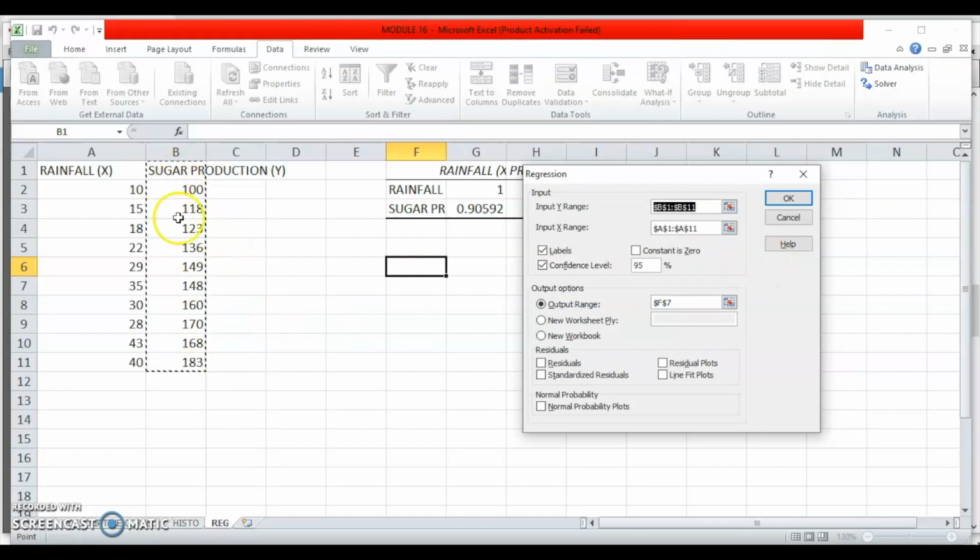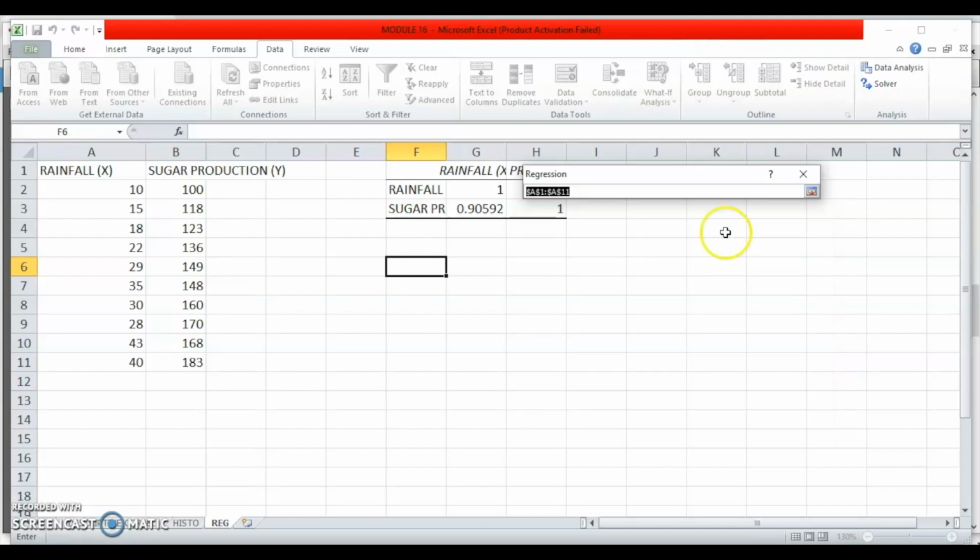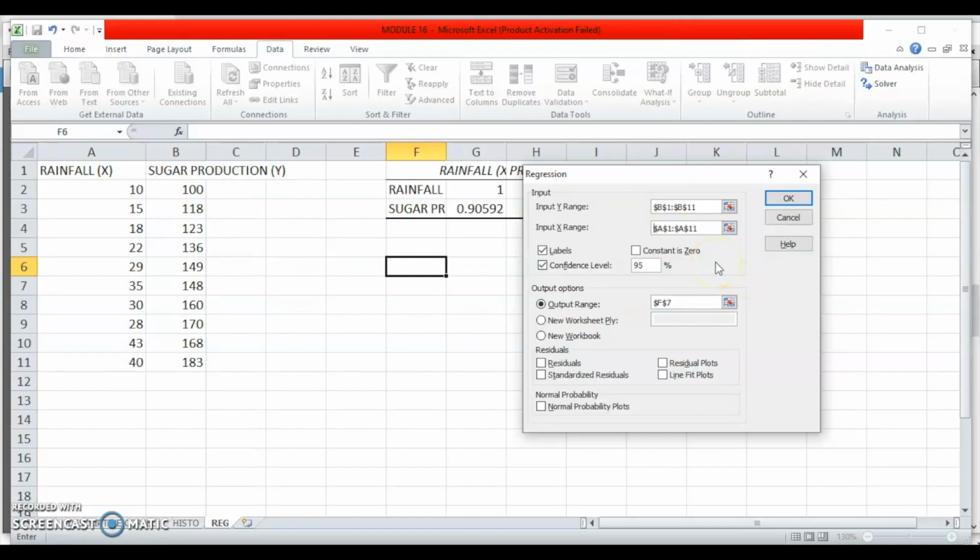My input Y range is this range, which is the sugar production. It asks me for the input X range. Input X range is this range that I have, which is the rainfall. A1 to A11 is my input X range.